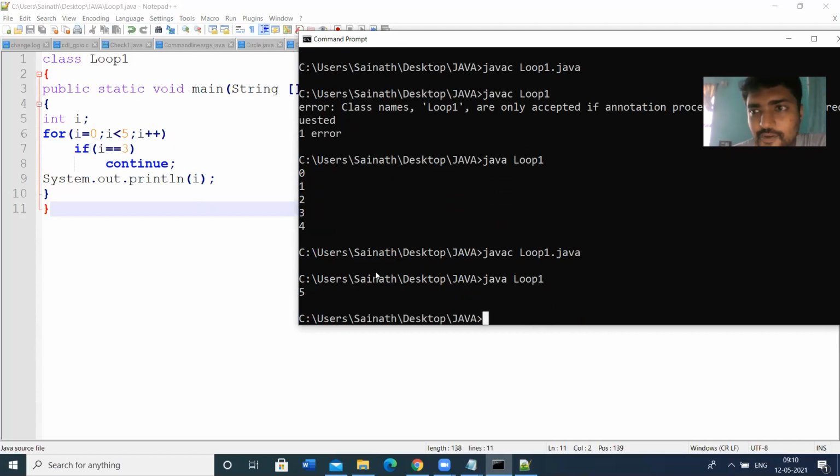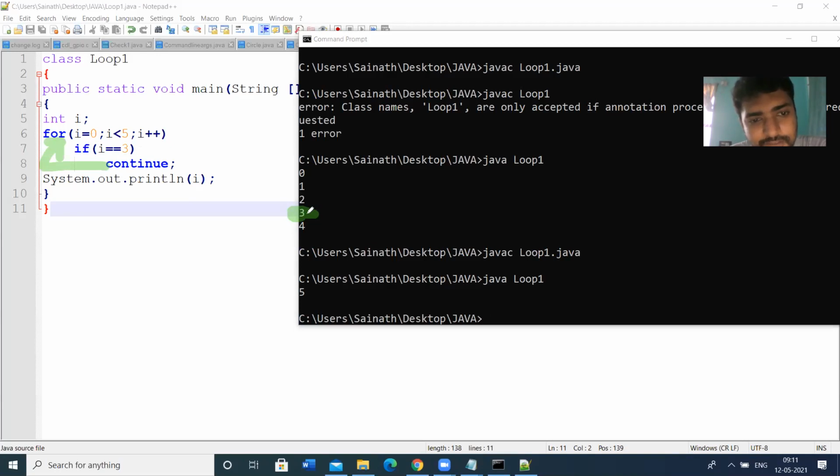So this is not the correct output. So let us change the program. That means 3 has to be skipped. So the output will not have 3 in it. If I write if i is equal to 3 continue, it means the control has to move back to the loop again. The 3 value is not printed.